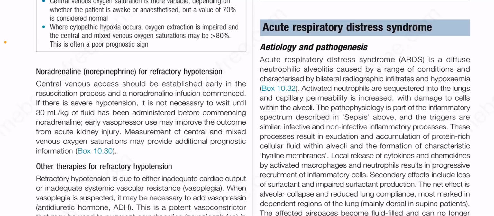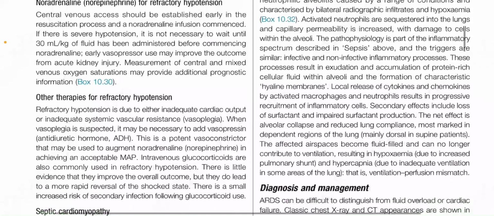Local release of cytokines and chemokines by activated macrophages and neutrophils results in progressive recruitment of inflammatory cells. Secondary effects include loss of surfactant and impaired surfactant production. The net effect is alveolar collapse and reduced lung compliance, most marked in dependent regions of the lung, mainly dorsal